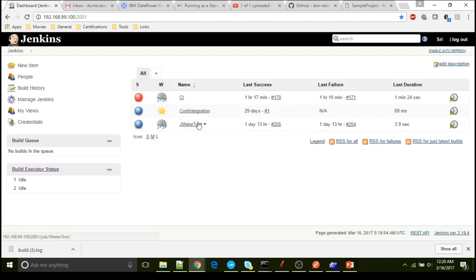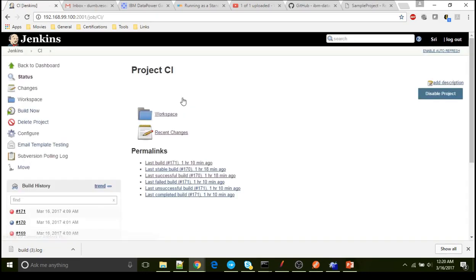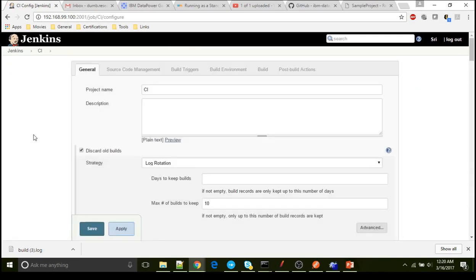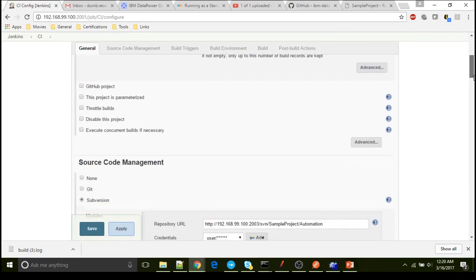However, don't worry about that. We are not looking into these two jobs. We only look into this continuous integration. So let us go and see that job. When you want to build something, you go for a build, as long as you want to do a manual build. Let us go and see the configuration I have done for this project. This is all default. I did not do anything here.